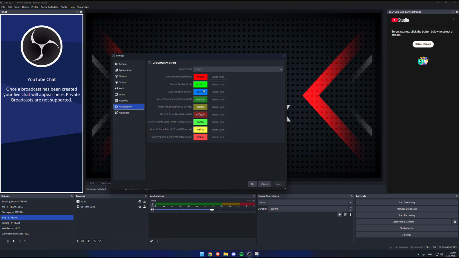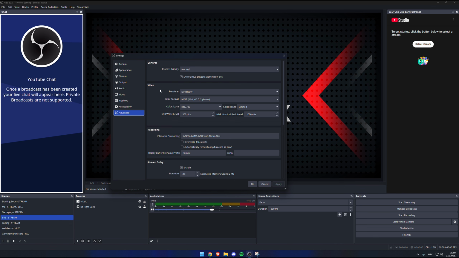Accessibility, basically leave it as it is. Advanced, leave it as it is. So I have to say, in advanced, when I was recording or streaming even my videos through my PS5, I changed the color range to full. Now I get it back to limited, because